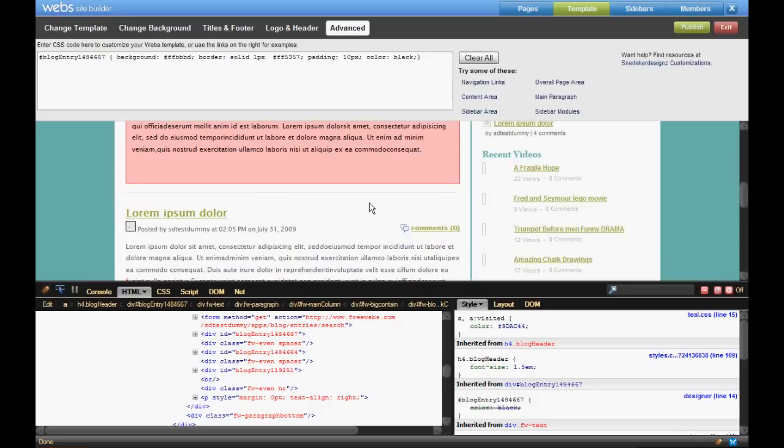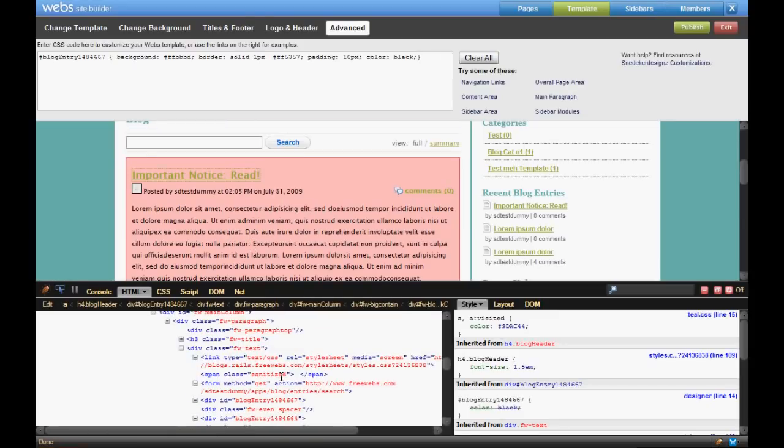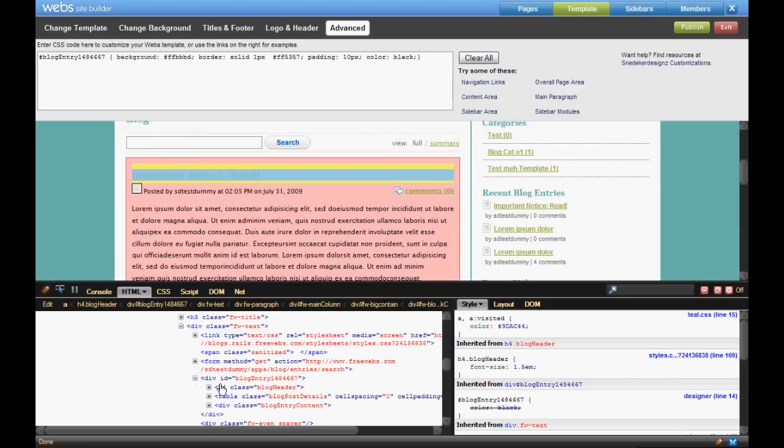Okay, now let's just fix the title, and you'll see those unwanted space up there. So I'm going to inspect that element. That's not working, but here we go. As you see, this is class blog header. So now we'll just add our thing there and